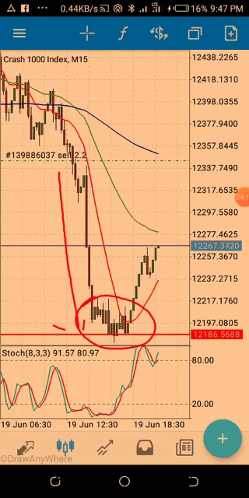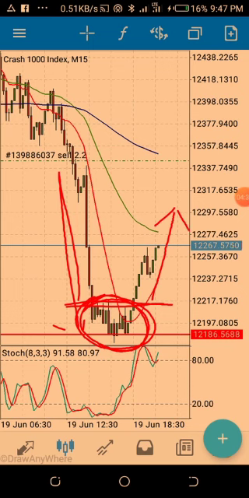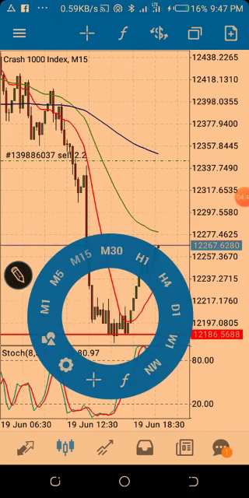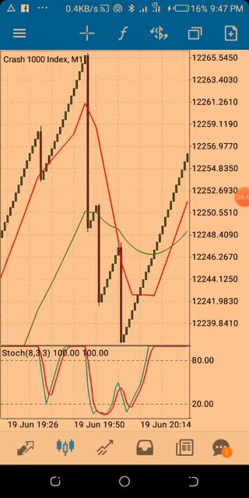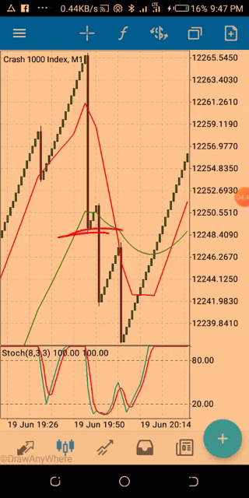There is a battle going on here between the buyer and the seller. The sellers could not dominate the way they have been dominating. Can you see the way they have been moving before? Now they are fighting for the price. And now if you just put your line here, the bullish candle actually breaks the trend, which tells you that the market is about to move up. So after having this information, you can now go down to your 1 minute and then start buying. Even if you buy here and this spike comes,